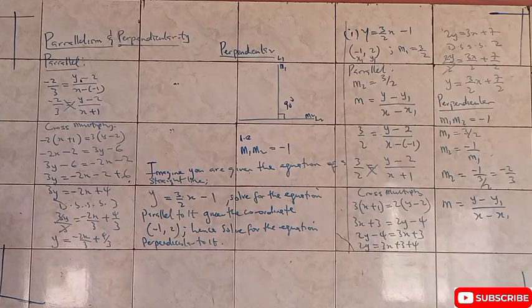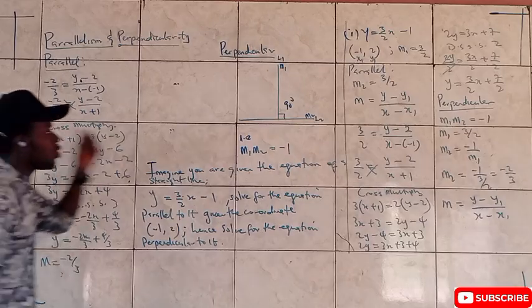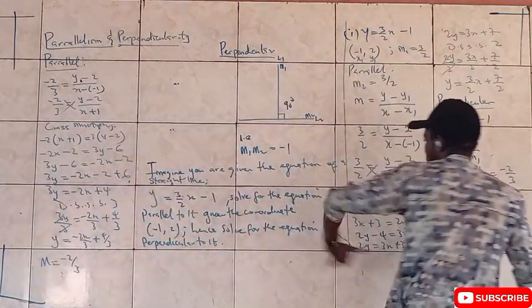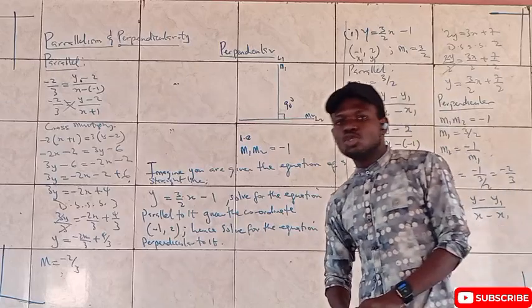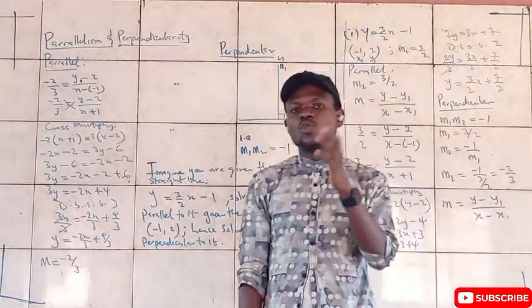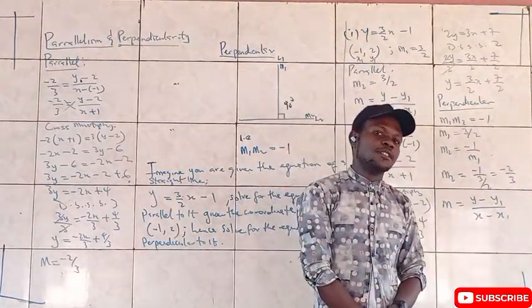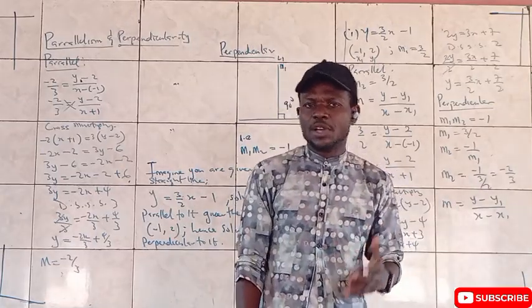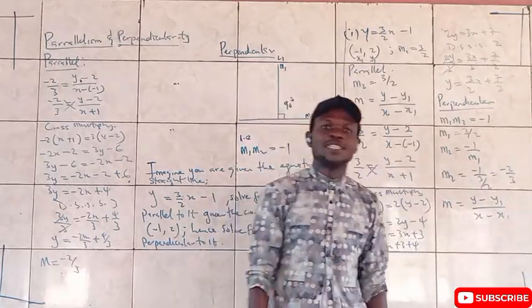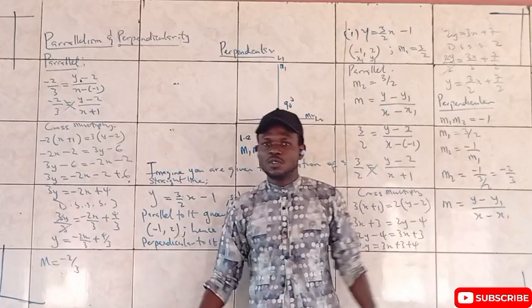So what is my slope here? From what we know, my slope is equal to minus 2 over 3. What is my slope here? 3 over 2. When I multiply them, we just get minus 1. So that is exactly what we do in getting answers that have to do with perpendicularity and parallelism. So I urge you to go and try many more examples, and I can assure you that it will become much easier because of this class.